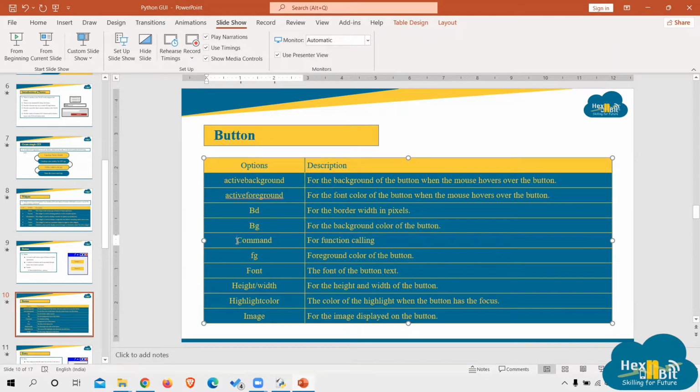The most important aspect is command, which means when I click over this button, what should happen is given in this command function. So this is the most important aspect of the button widget, right? Then the rest of them are customizing things. Image can be used to add an image over this button, which we will do in our project also. We will add a button and we'll add an image over it,